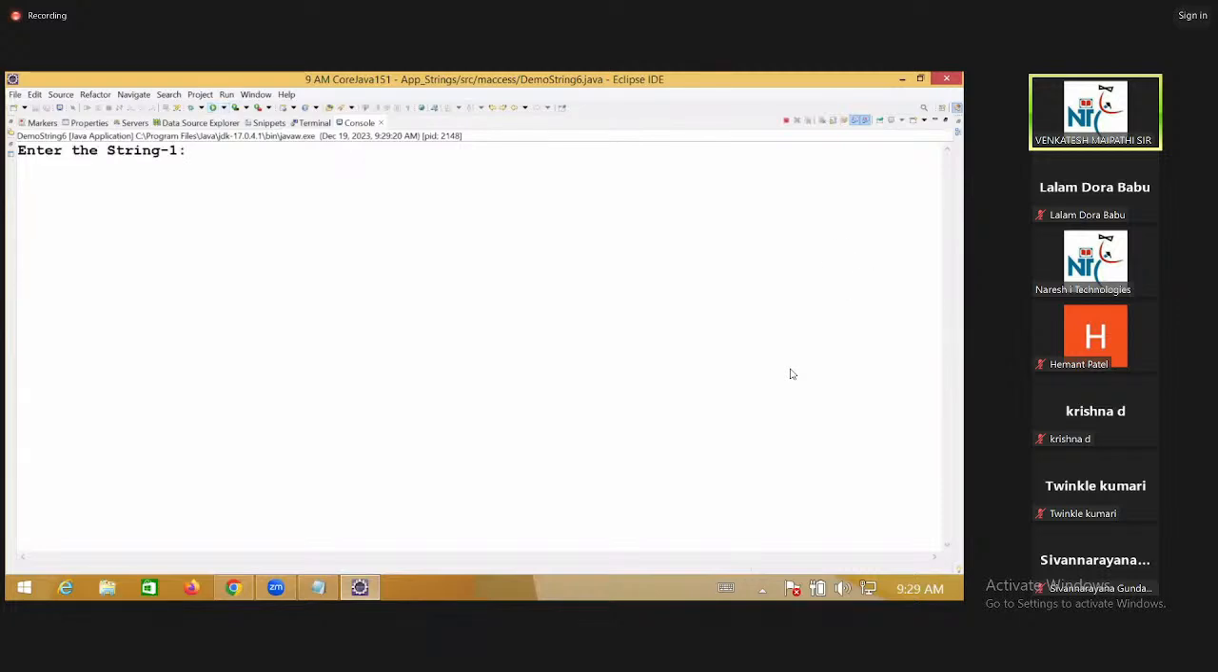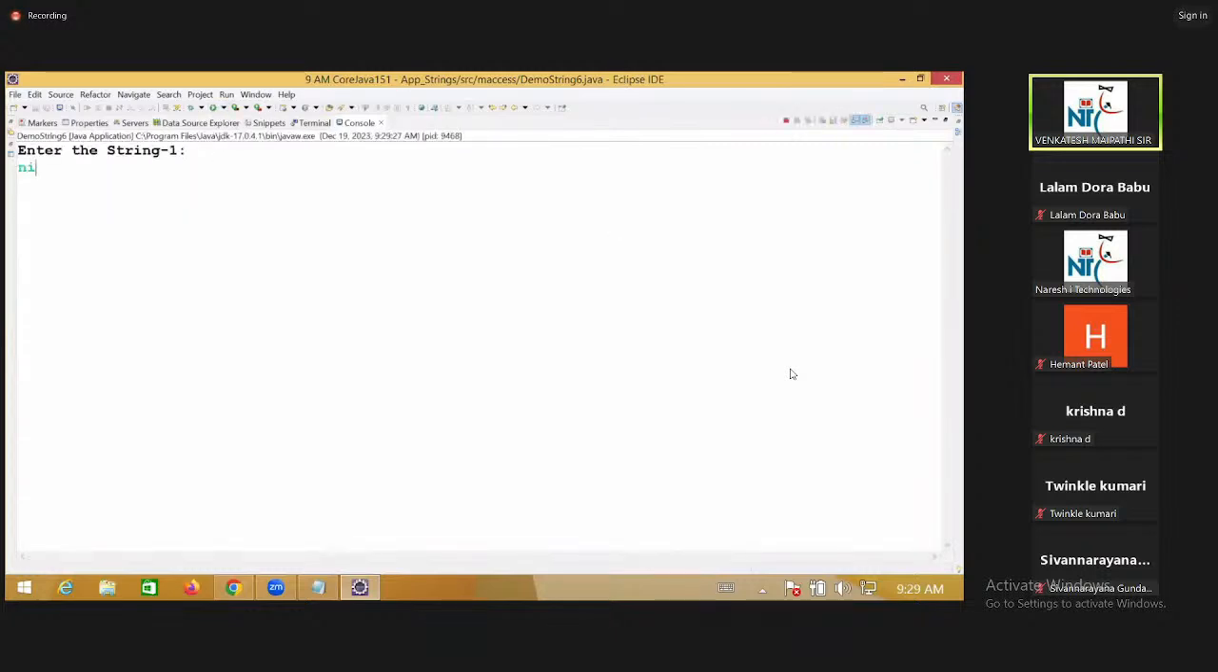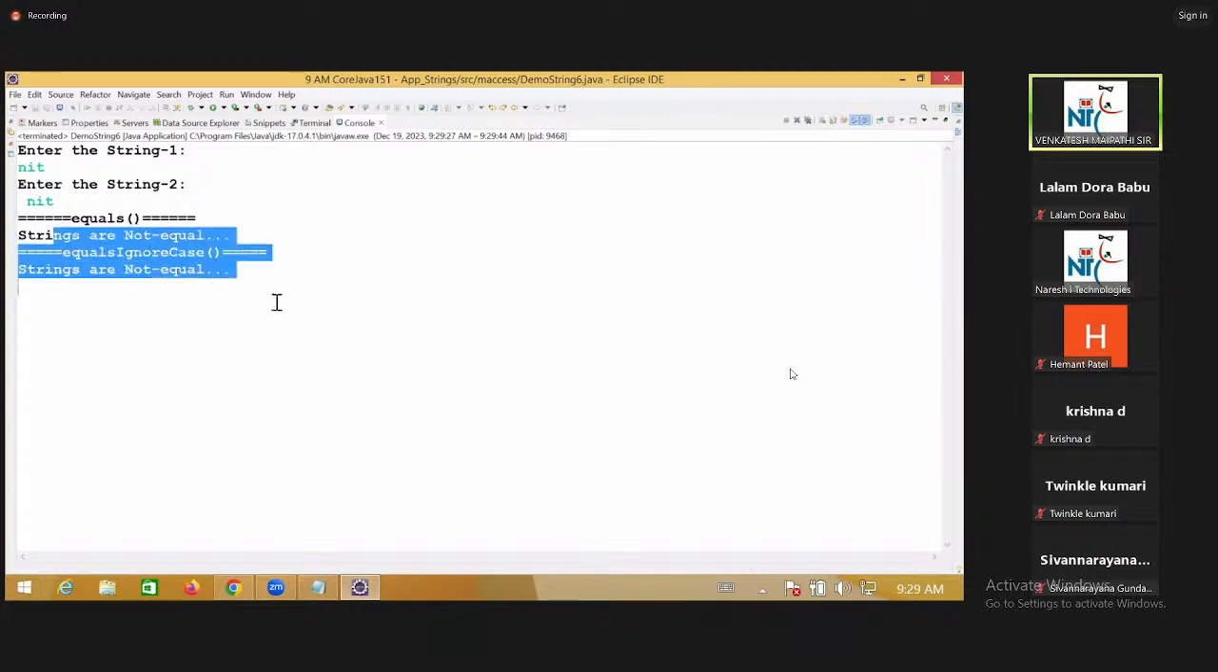Suppose I give space NIT here. Space is also a character. So this N will be compared with the space first, so both are not equal, and strings are not equal will come. So by mistake, if you enter any space before the string or after the string,